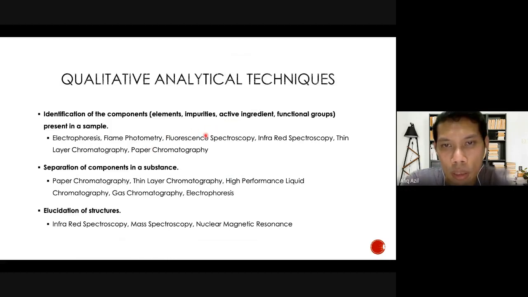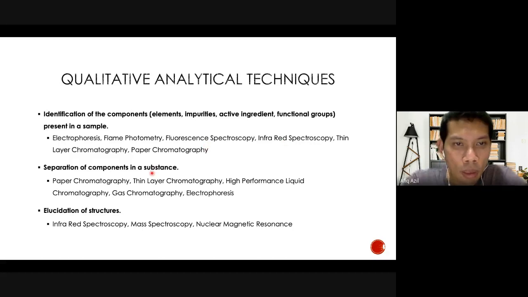And then you have fluorescent spectroscopy. This one also detects whether a compound has fluorescence properties or not. And then IR to detect functional groups, and thin layer chromatography, and also paper chromatography. In our lab, in KPJUC, we have HPLC, GC, UV, and also IR. So if you guys manage to come back to campus, we will have a chance to do an experiment or to do an analysis using the IR